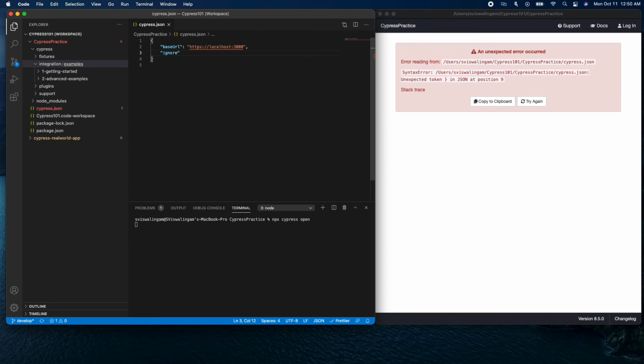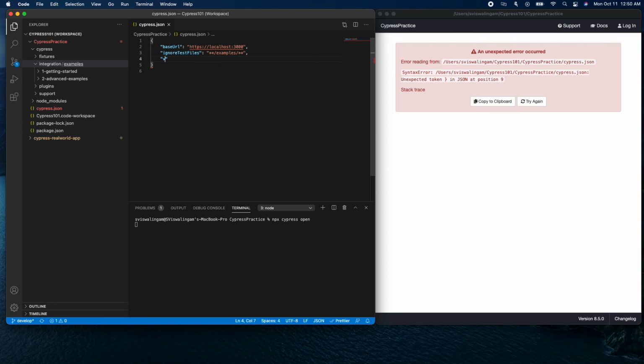Next, I'm going to ignore the example files that Cypress sent to us because I just want to use that as a reference. I don't really want to use that every time we run our tests because I want us to write our own tests against the real world application. So I'm going to ignore those test files. Now, for you to get an idea on what these exact keywords are, you need to check the documentation that I referred to in the beginning. That'll give you an exact idea of what are your different options